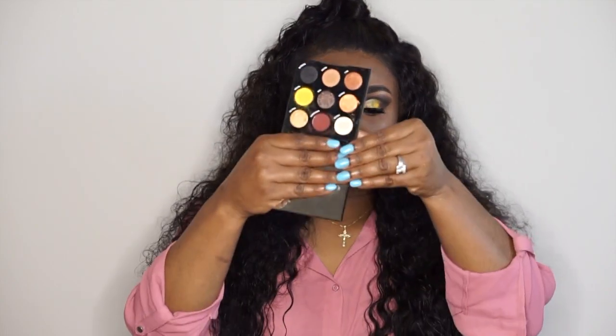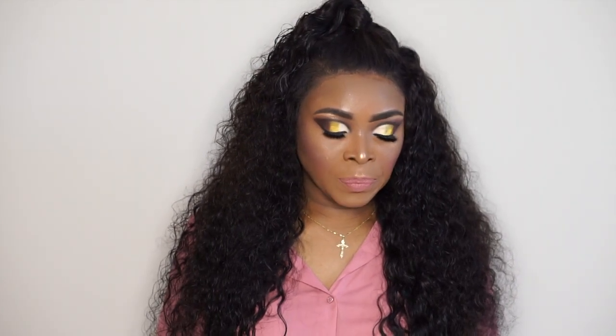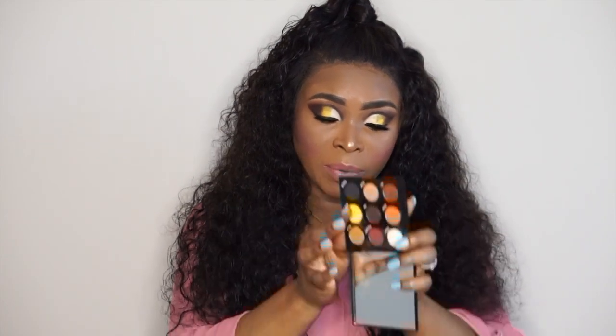I was so surprised that this white eyeshadow or cream or whatever it is blended out very well. The yellow shade blended out well as well. The burgundy shade here did blend out well also. The black shade right here did a good job. This is what I'm wearing, my other eye, and then I just put this on top. But yeah, so far,